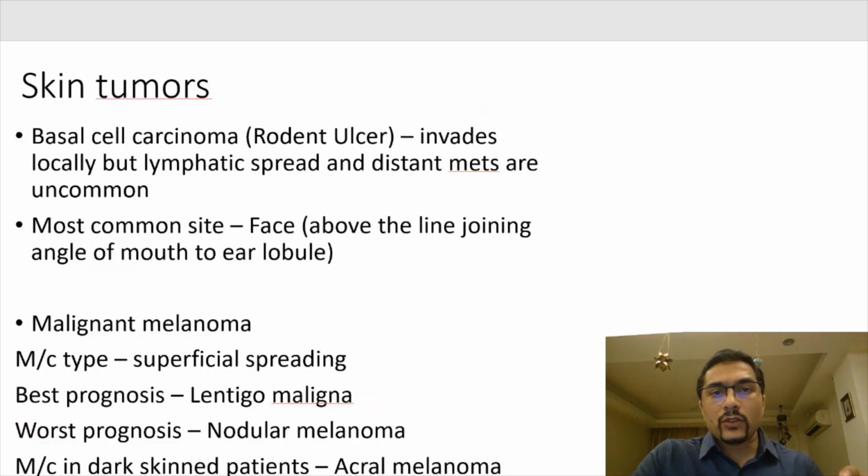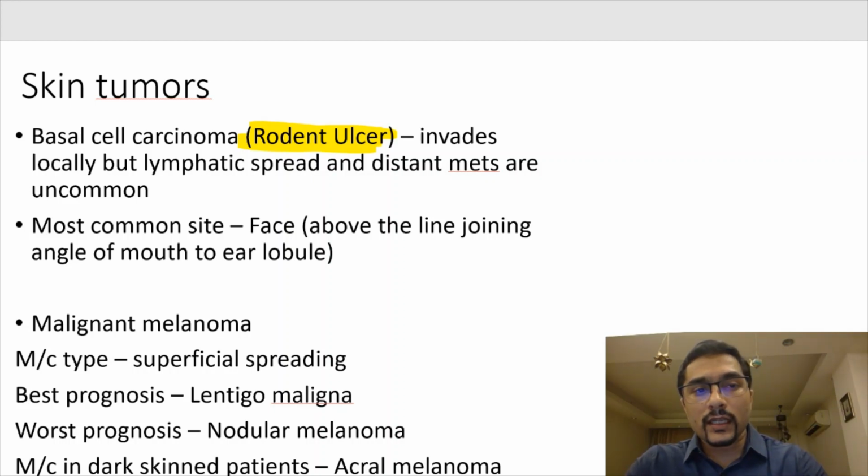There are usually 1 to 2 questions from skin cancer, so I'll just briefly tell you about skin cancers as well. The other one which has been asked in your exam is basal cell carcinoma. This is also known as a rodent ulcer, very important, and it has a pearly white margin, right? It has a rolled out pearly white margin. So squamous had a raised everted cauliflower-like margin. Basal cell carcinoma has rolled out pearly white edges.